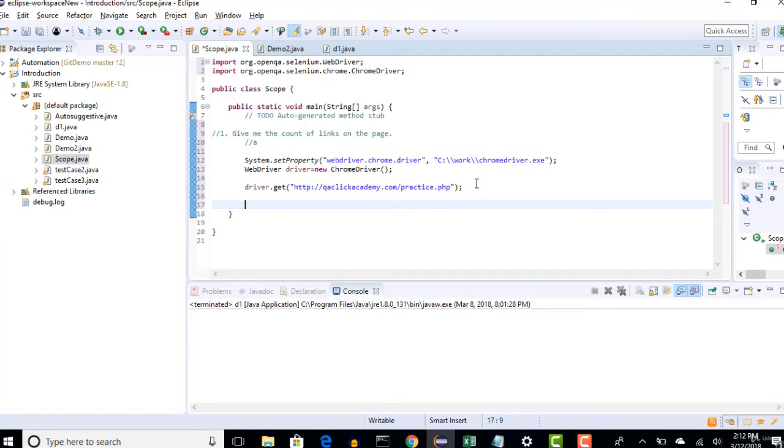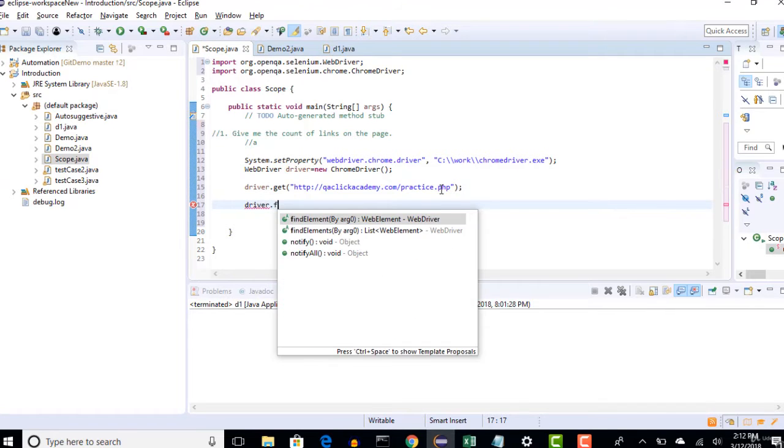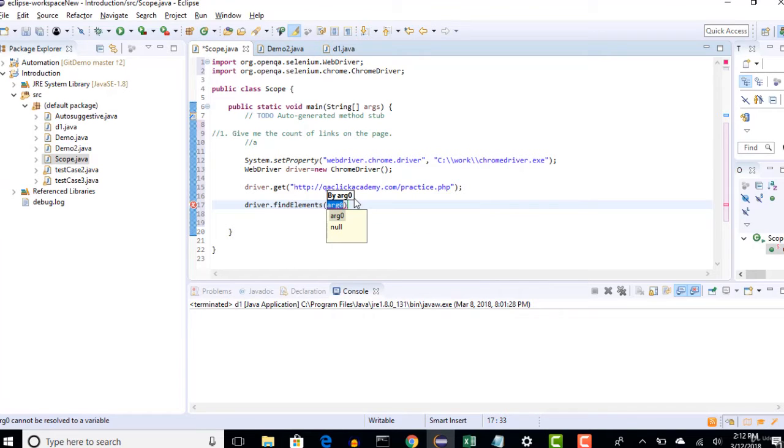Once we are here by hitting this link, if you want to get the count of links, you can simply write driver dot findElements, because we are going to get a plural count. It's not one single count, right? We want the count of all the links on the page. And our hint is that every link in a page should mandatorily have the tag name A. That's HTML discipline.